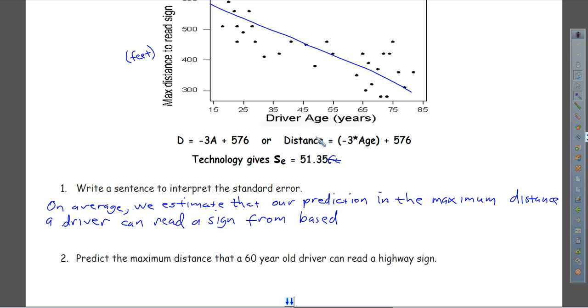We're basing it on their age. So the maximum distance a driver can read a sign from based on their age